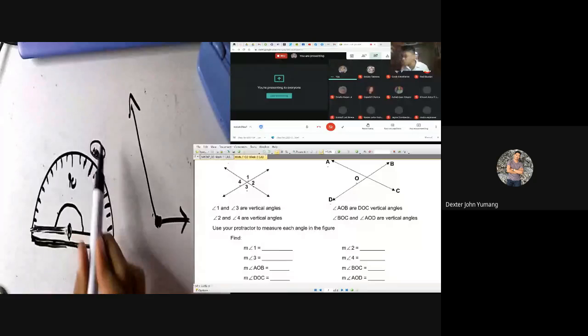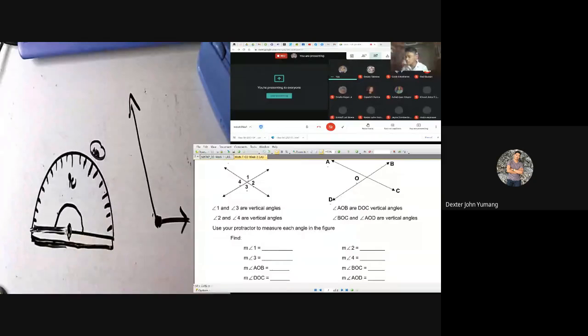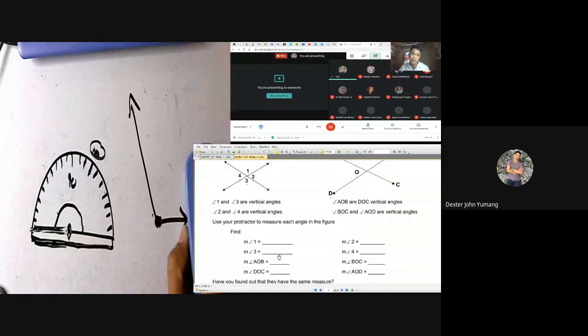What if napagitnaan siya? Like 91 and 95 or 91 and 93. So, napagitnaan siya, magiging 92 siya. Okay? So, yun po yung gagawin nyo dito. I-measure nyo ang angle 1, angle 3, angle AOB, BOC, at saka AOB. Now, ngayon,